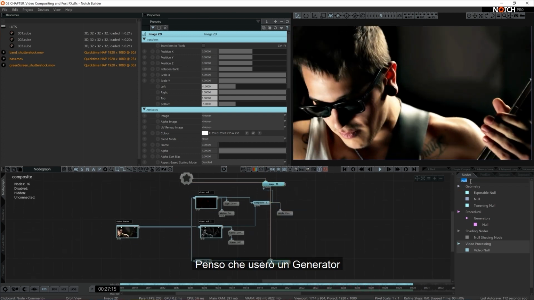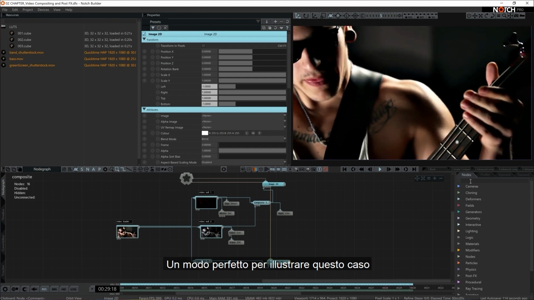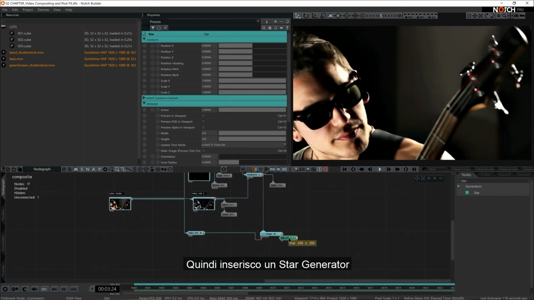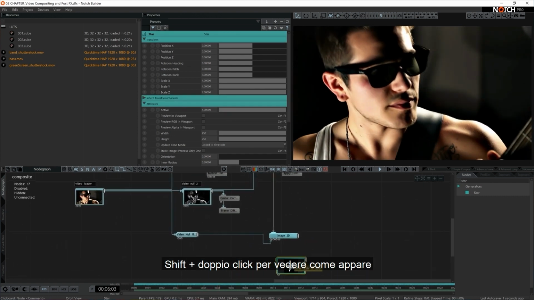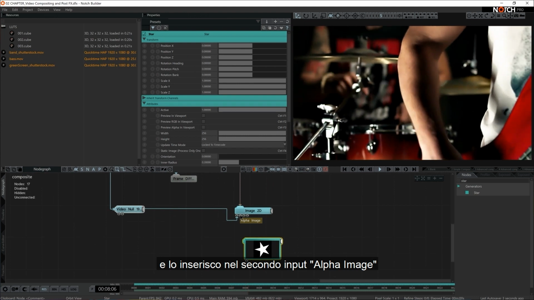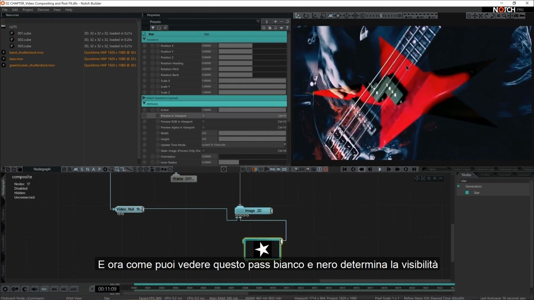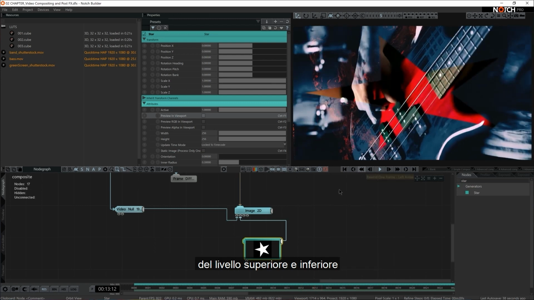I think I'm going to go for generator. A perfect way to illustrate this case is to use something like star. So I'm going to grab a star generator. I'm going to shift double click to preview how it looks. I'm going to pipe it into the second input alpha image. And as you can see now, this black and white pass is driving the visibility of the top and bottom